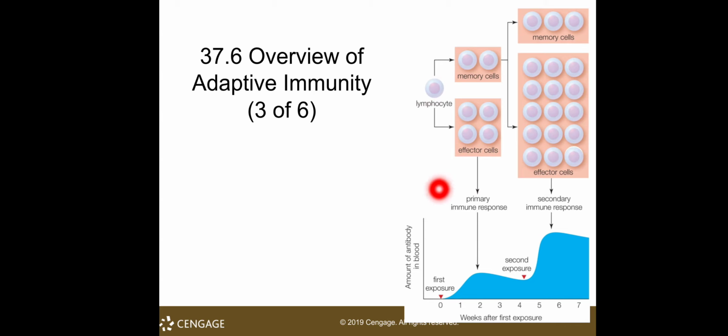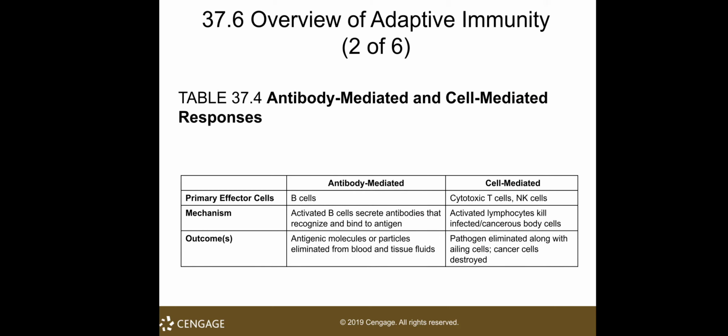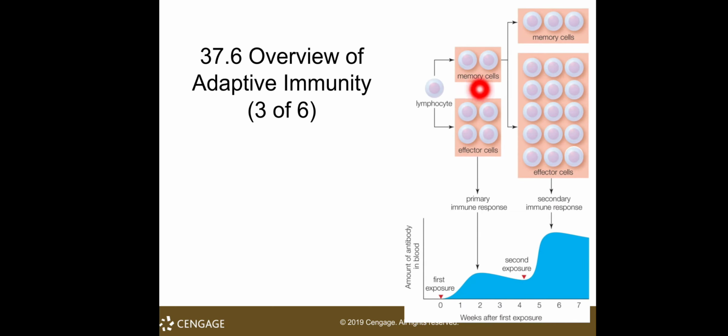So at first exposure here, this differentiates into memory cells. So part of them, a small portion, becomes memory cells, and a larger portion becomes the effector cells. The effector cells fight off the infection. So here is your primary immune response. If you notice, it only produces a little amount of antibodies, and then upon the second exposure, you have